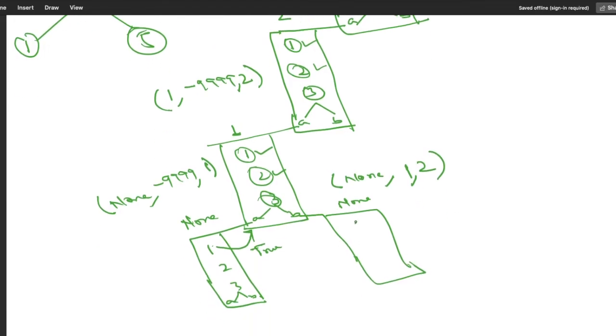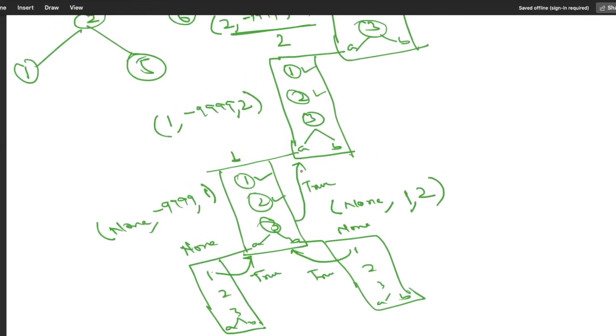Now again we have here 3 lines of code, 1, 2, 3, and for 3 we have A and B. In the very first line, if the root is none, it is simply returning true. So let us return true. Both are returning true over here, so this whole function will return true, correct? Now we are done with the A part. So let us go for the B part.